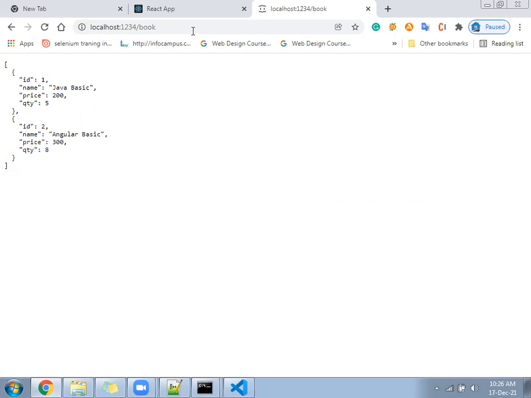JSON server should start, React should start, then only React can send the request to JSON and JSON will give the data to React. Or sometimes React will post data to JSON. JSON will be ready to capture if it is running. If it is stopped, it will not help you.